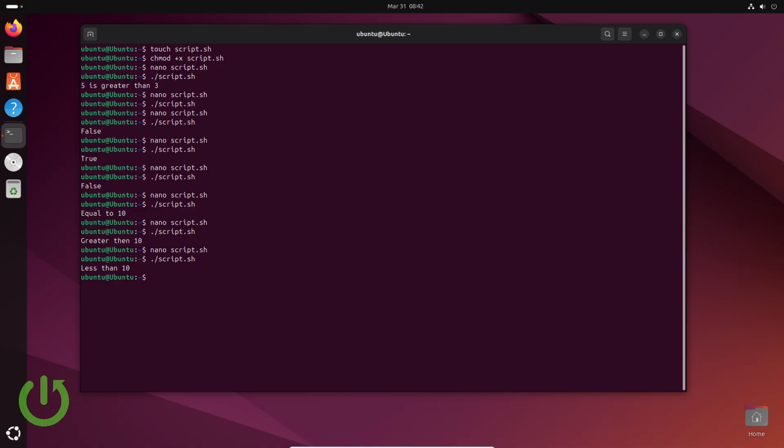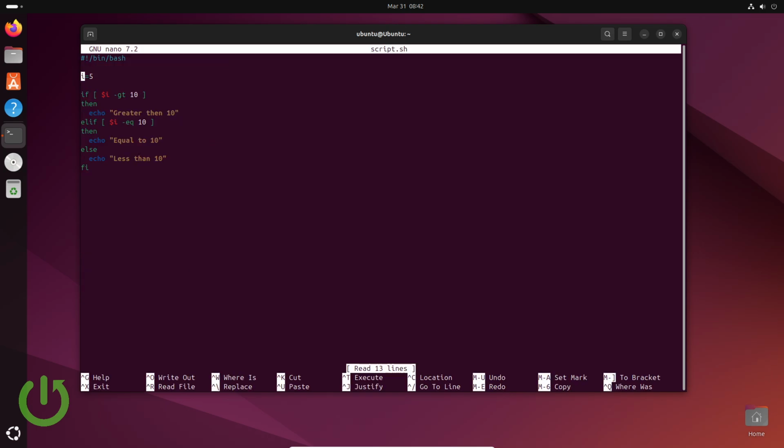string comparisons. So I will clear that file like this. I will remove everything. So we can do something like this. We want to check for empty strings or for not empty strings. We can do the if condition like this. So if